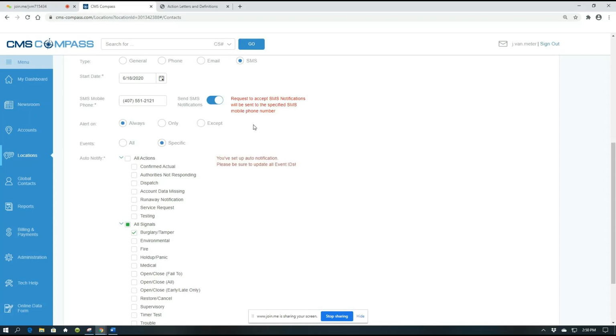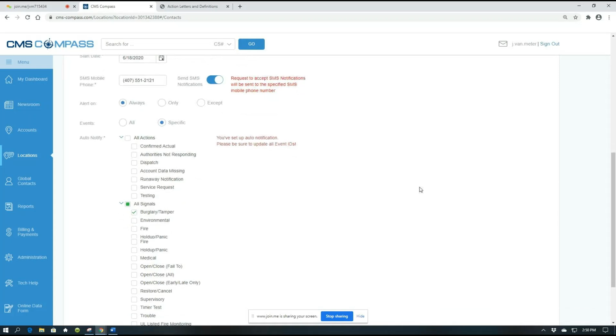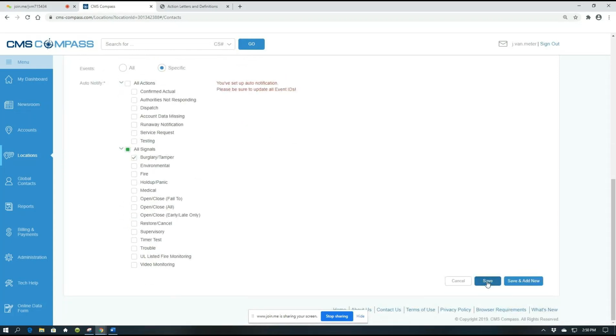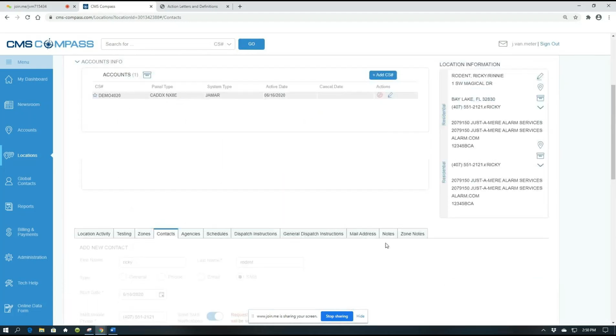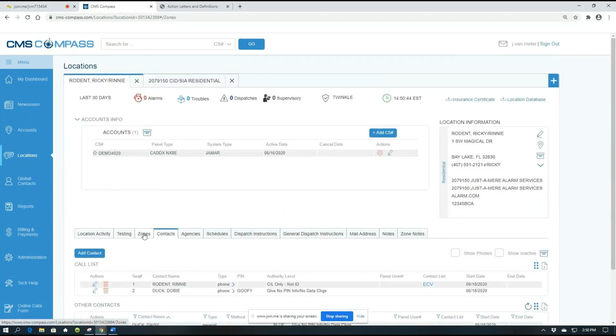And by selecting specific and then the Bergs right down here, now what I have to do is go back to my zone page and update the event ID. So what do I mean by that? Okay, what we're going to do is we're going to select Bergs and specific, and we're going to hit save. So we're going to save this contact. And you'll notice the note right there. It says, please be sure to update all event IDs. So as that's refreshing, I can now go to my zone page,